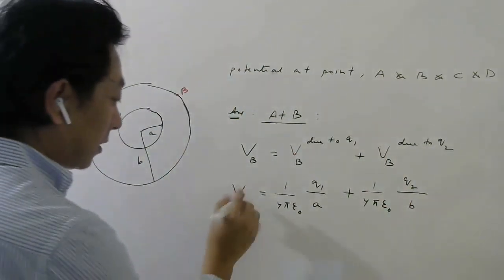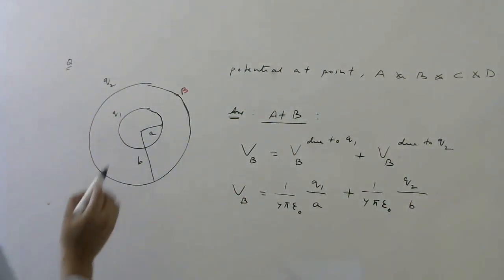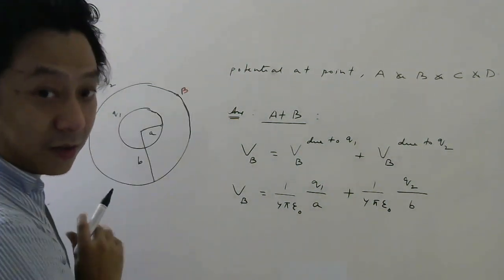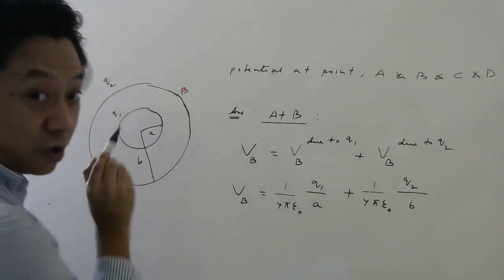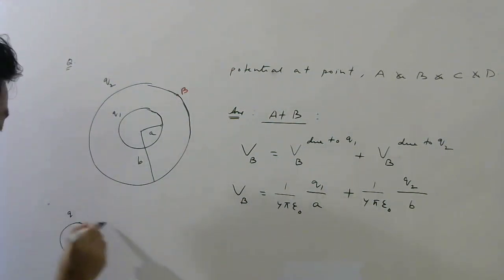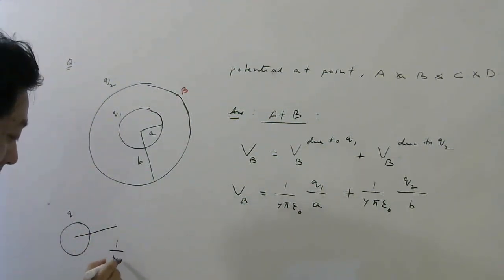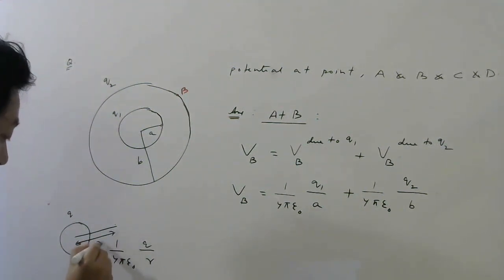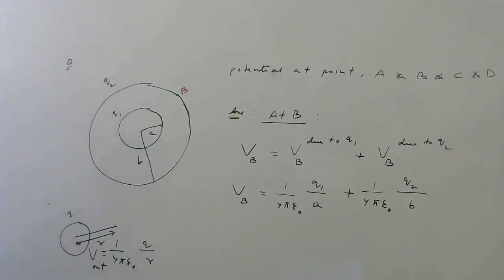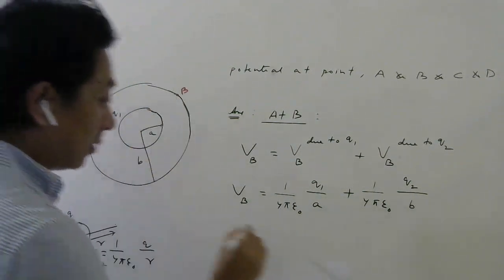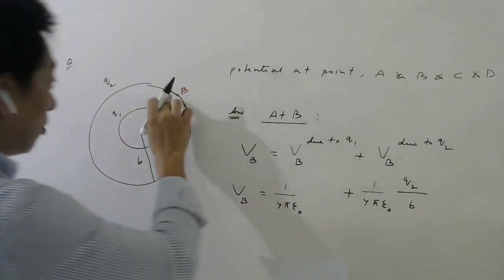Now look carefully, all of you. For this sphere, where is this point? Outside. Yes or no? For this sphere, this point B, which is observation point now, this point is outside. And outside, what is the formula due to a shell? Outside 1 by 4 pi epsilon naught Q by small r we write. What is small r? This distance. Correct now? Outside, this is the formula for potential. Okay, students? So since this point is outside this shell, potential at this point will be same as potential outside. So outside, what is the formula?